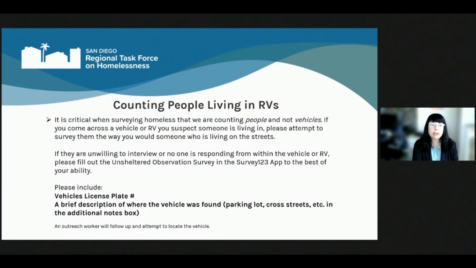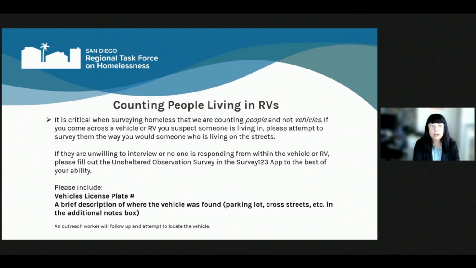This is actually a slide from our training video this year on counting people living in RVs. So we let our volunteers know that it's critical that we're counting people, not vehicles or RVs. And if you come across someone in an RV and you suspect that someone is living in it and you're not able to engage them, you can do that on the mobile app. You can fill out the observational survey and include additional information like the vehicle license plate number and maybe a brief description of where the vehicle